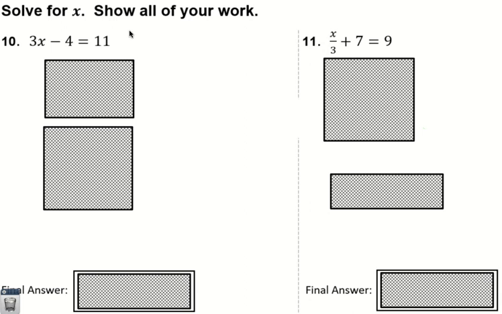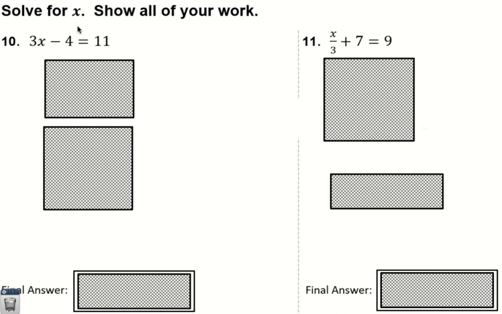So now we're going to start solving for x. And you're supposed to show all your work. And so here, the first thing you would do is, just to run through the full process and all the steps you might do in order from first priority to last priority,